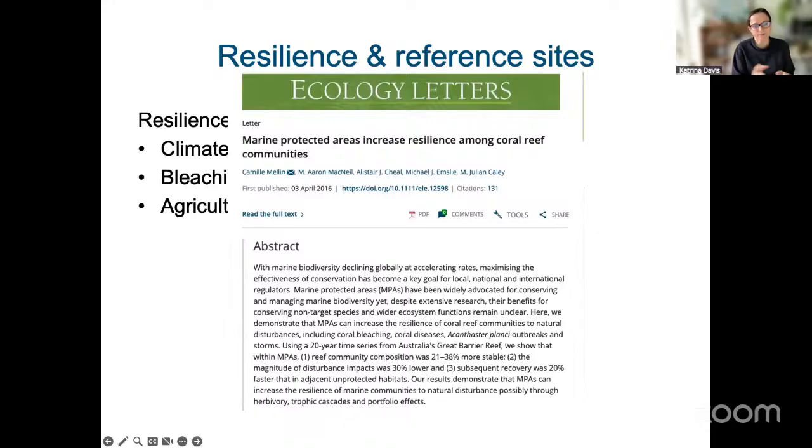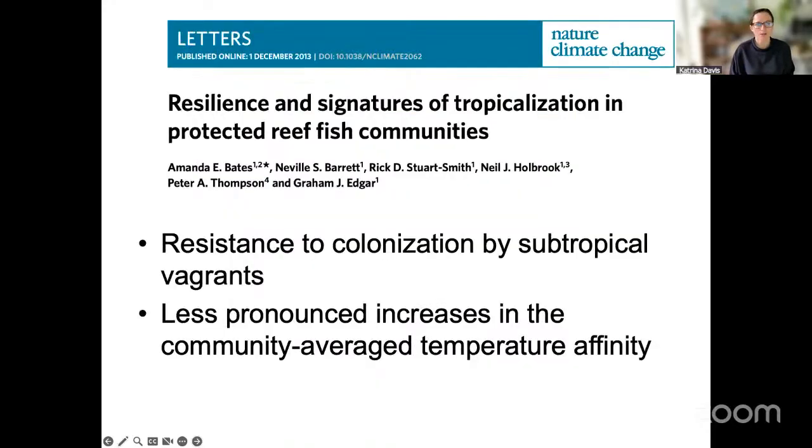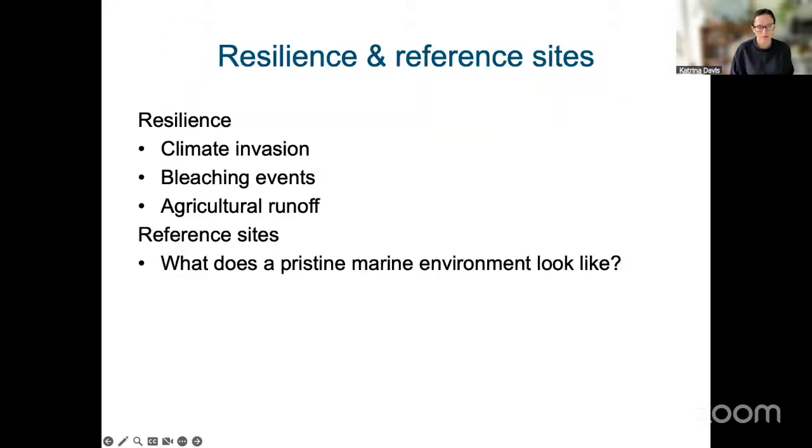Here's a study showing exactly that, if you are interested. This is some work by Amanda Bates and Graham Edgar and other colleagues looking at the resilience of reef fish communities. What they did find is that in marine protected areas there was this resistance to colonization by subtropical vagrants, which is important because we expect to see more of these subtropical vagrants as climate change increases. Okay,